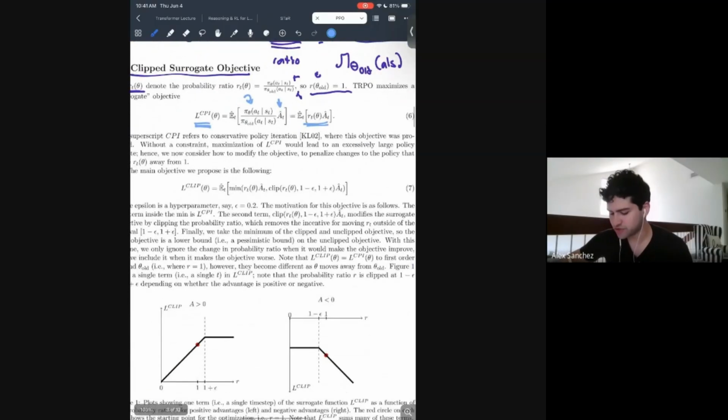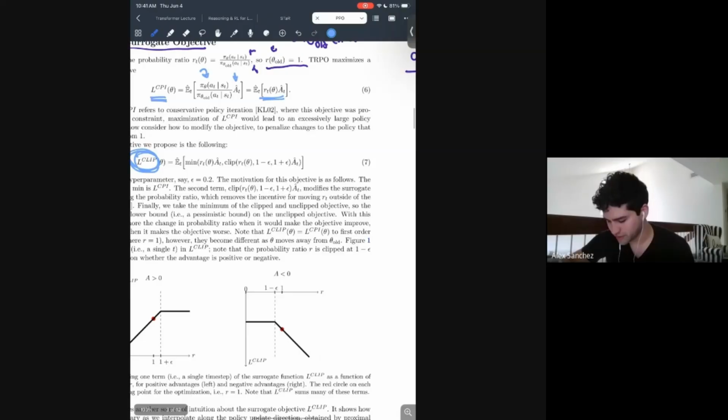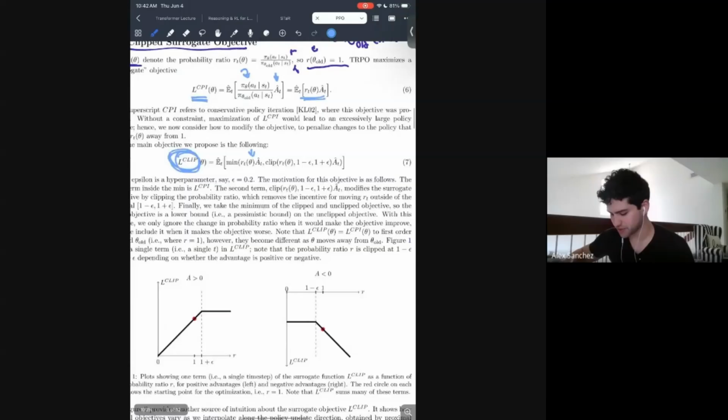But what they introduce in this paper is this clipped ratio loss, in which we take the minimum of either the old ratio formula, or we clip it where we have the ratio formula in a range of 1 minus epsilon and 1 plus epsilon. What that basically means here is